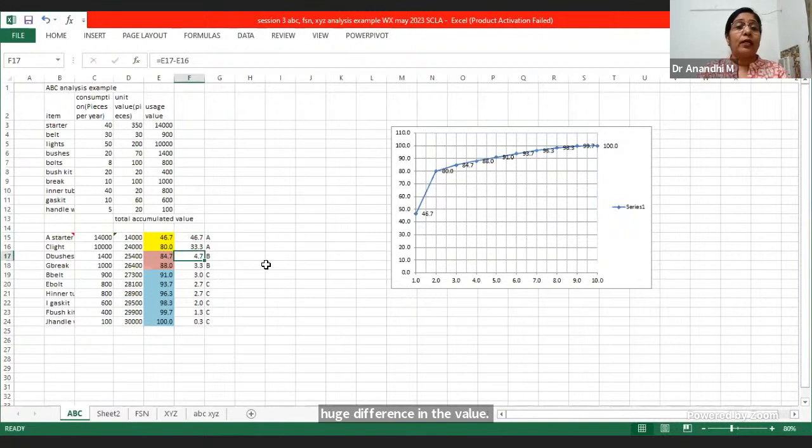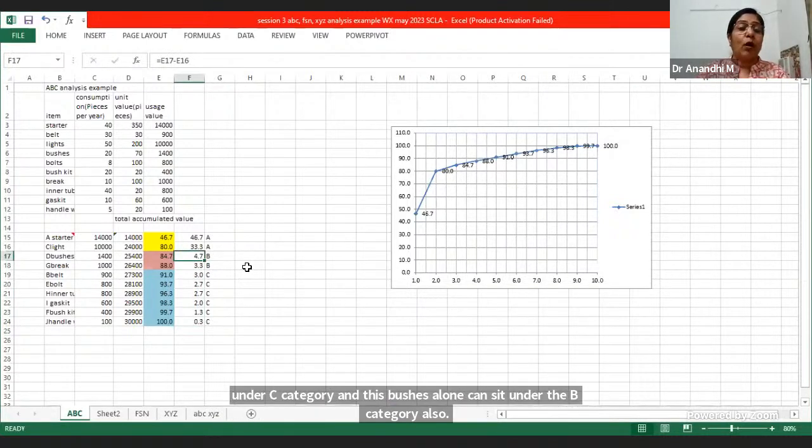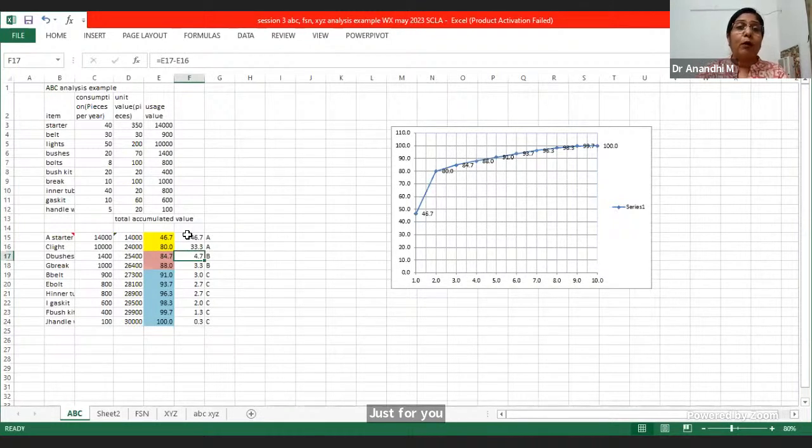The rest of it, you can simply put this alone in B category, since that is a moderate value. And here, since the difference is closer, you can take all these also to C category. That also can be done. So right from your brake, your belt, everything can be put under C category, and these bushes alone can sit under B category. This is just for you to understand how much value each product is contributing towards the overall value